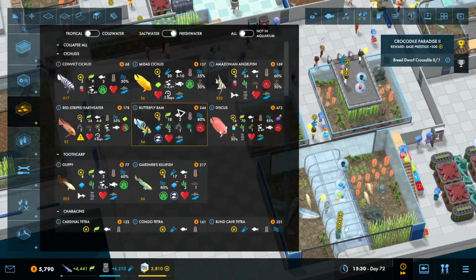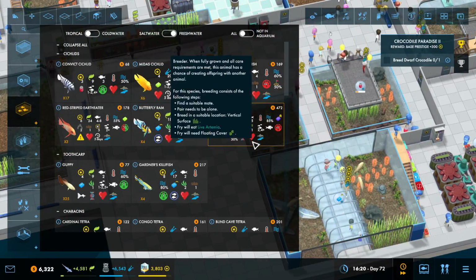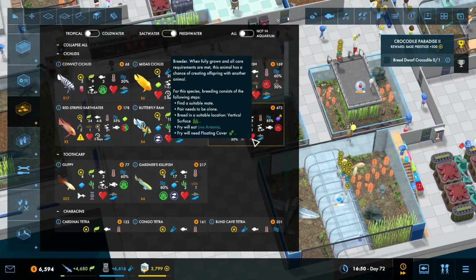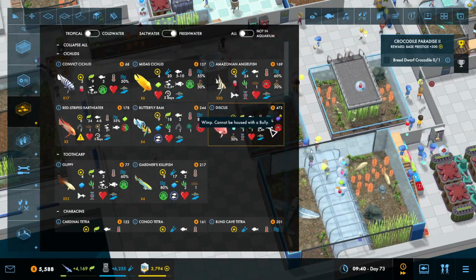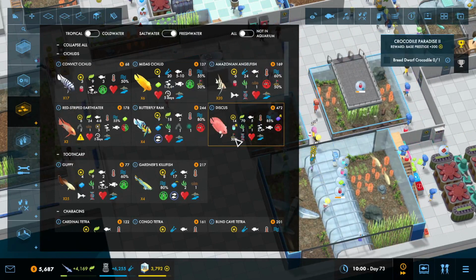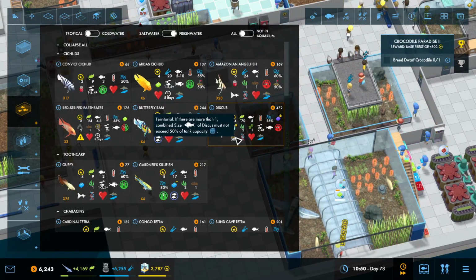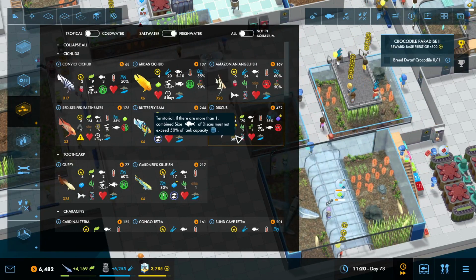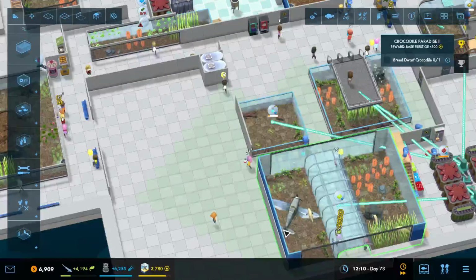So how big are the Discus? The Discus get to be 5, so that makes it relatively simple. And they are acidic, so they are going to be territorial with more than one combined size. The Discus must not exceed 50% of the tank capacity. So if I have, math,